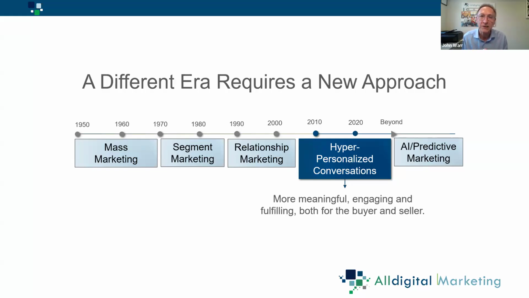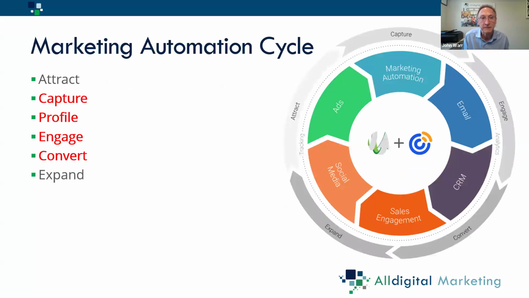When we're setting up, we'll start talking about how AI will start to impact some of these conversations. So if we go into the cycle, I'm not going to bother with attract because that's standard, what all your marketing will do, whether it's your Google ads or your website or whatever, search optimization. I'm going to move into capture, profile, engage, and convert. These are the 4 key stages that we're going to focus on today. And these are the operational stages that move prospects from browsers to buyers.